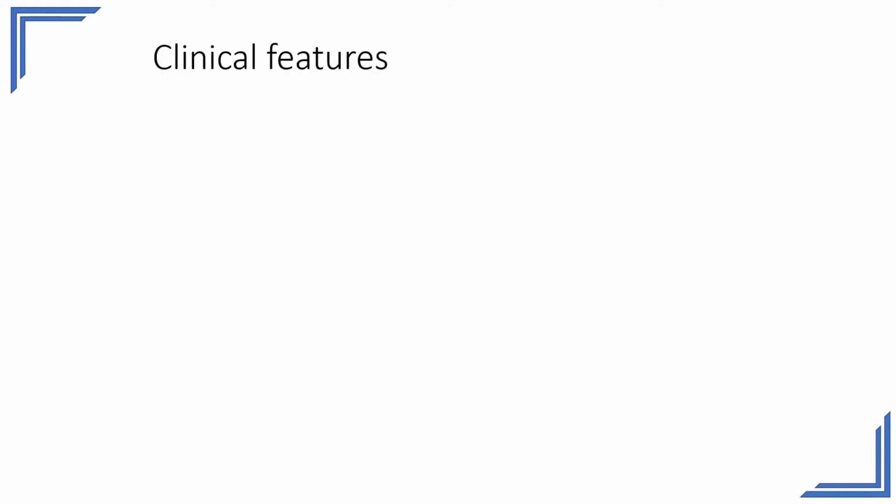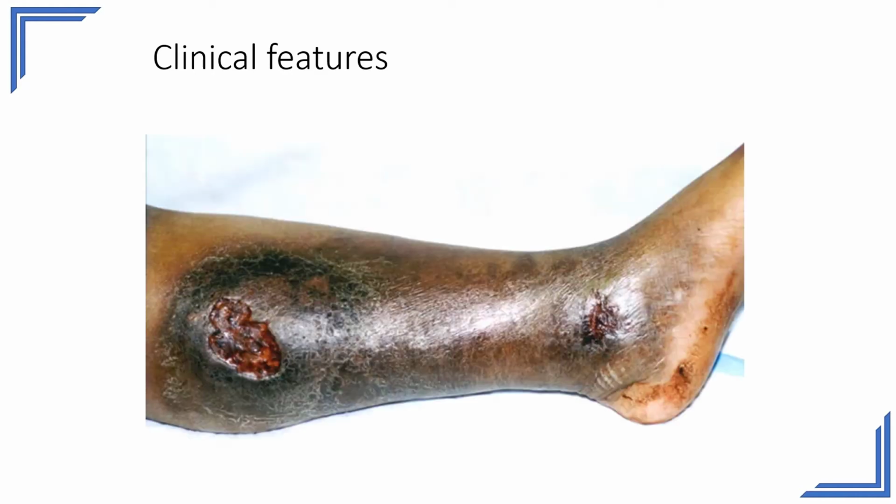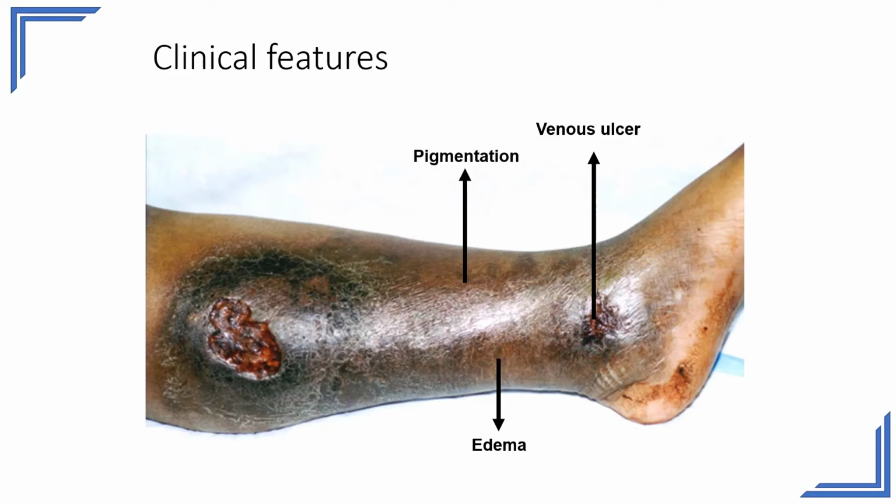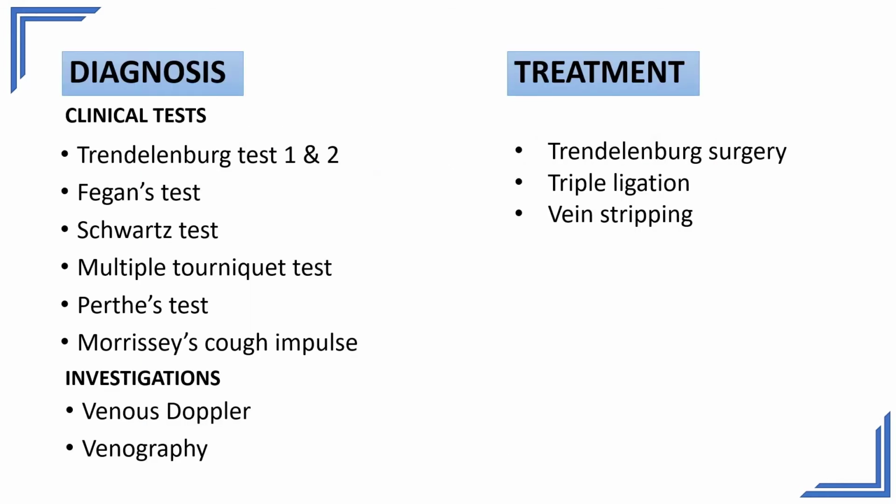What may be the clinical features of varicose veins other than the dilated veins? It can present in several ways, including a venous ulcer, which is usually seen on bony prominences, especially the medial malleolus, edema due to accumulation of tissue fluid, pigmentation, and lipodermatosclerosis, which is due to destruction and inflammation of fat in the subcutaneous tissue.